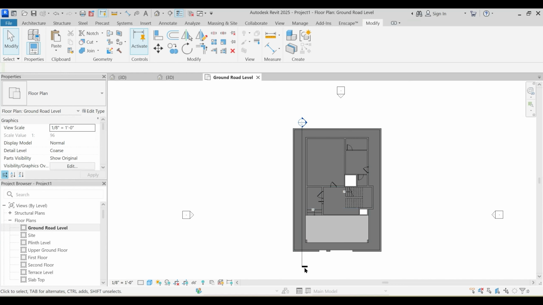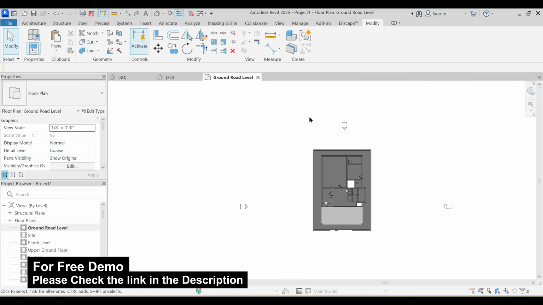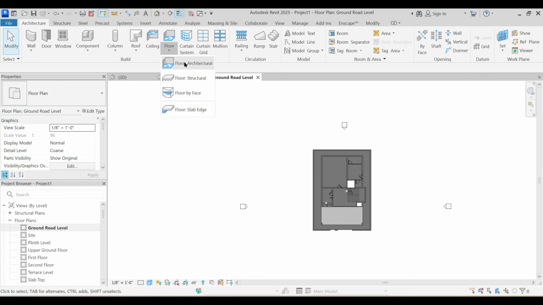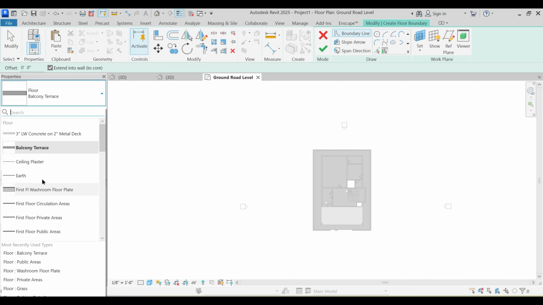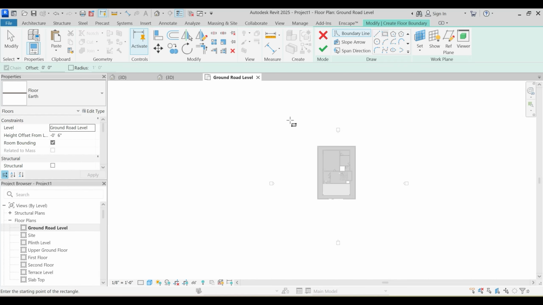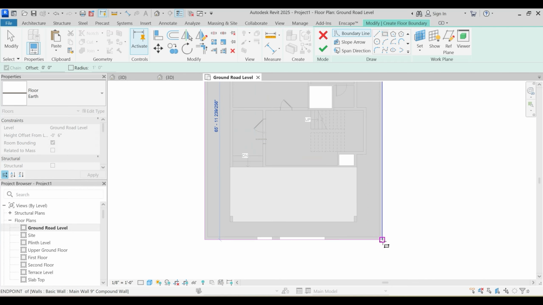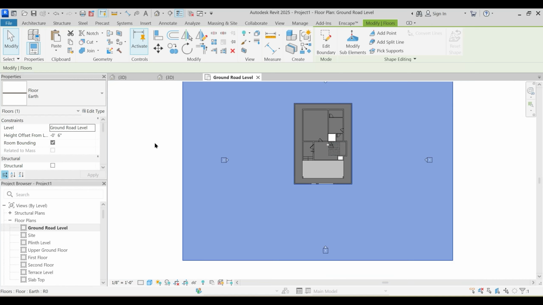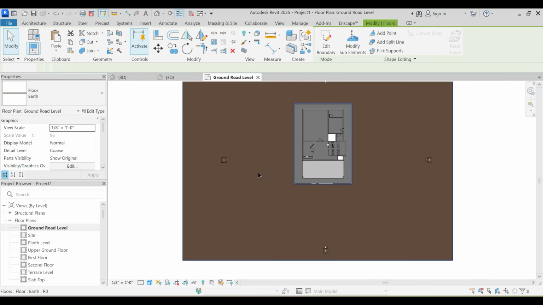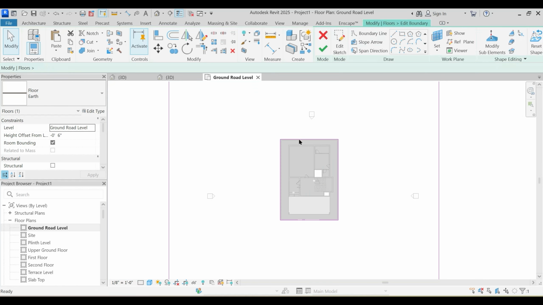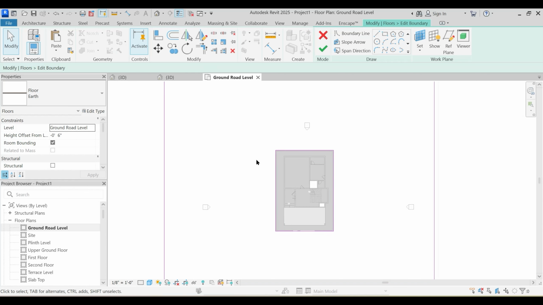For example, if you want to add human figures, trees, roads, and ground, whatever you want to show, just say architecture and floor, architecture, earth, rectangle, and just get rid of so much portion. Just finish, and then within that, again go to edit boundary and create offset 20 feet,